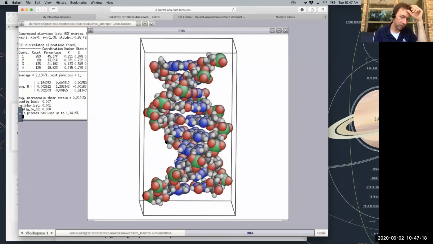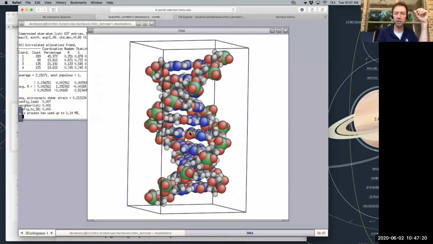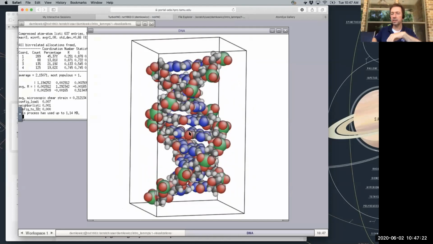This is called a simulation cell, right? So the simulation cell basically delimits the size of your model. A model of an atomic structure is a finite thing. It's not infinite. It doesn't extend to infinity in all directions. It's got boundaries. It's got bounds. Okay, and these black lines here are showing you the bounds of the simulation cell. So basically, the size of the model.